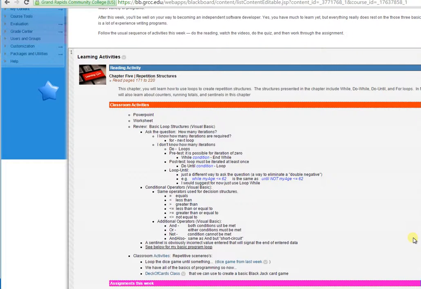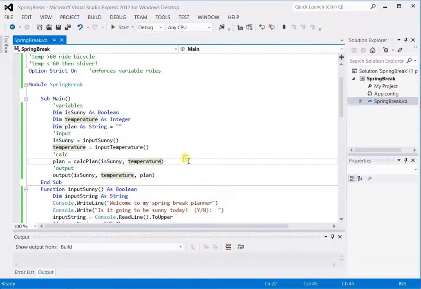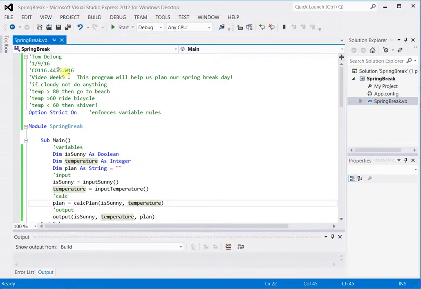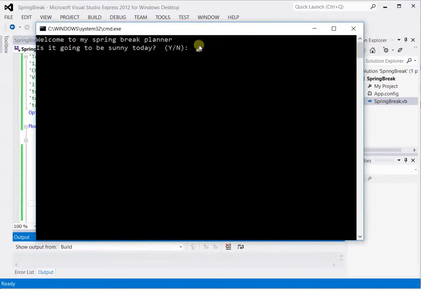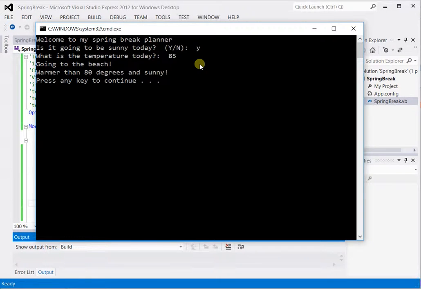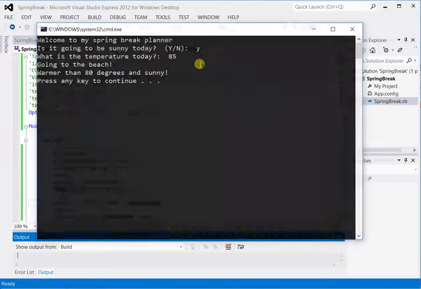Let's start out by going back to our spring break planner, okay? If we look at this program right now, it says, is it going to be sunny today? And you say, yes, it is, and it's going to be 85. So guess what? I'm going to the beach. Okay, beautiful. Be nice if I could say, no, no, I changed my mind and I want to do this